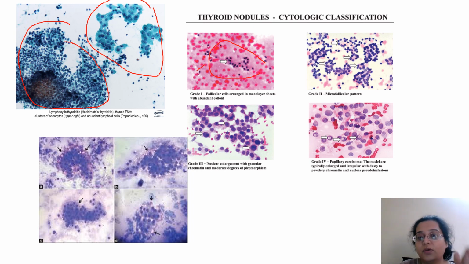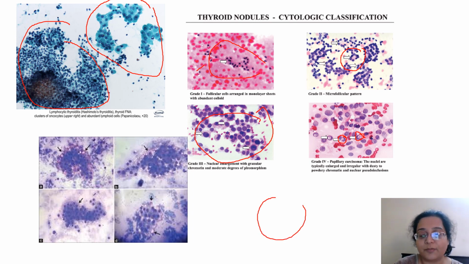Then you see, when you go a grade higher, you get these small microfollicles forming, and still I can consider it benign or grade 3. And then you see that as the malignancy progresses, the cells become discohesive or are in big sheets, and there's a lot of pleomorphism. And then of course I look for these inclusions inside the cell. You will see intranuclear inclusion of PTC, and in this image it is not clear, but supposing this is the nucleus, you'll get a very fine groove like this. So that becomes a malignancy. Okay.